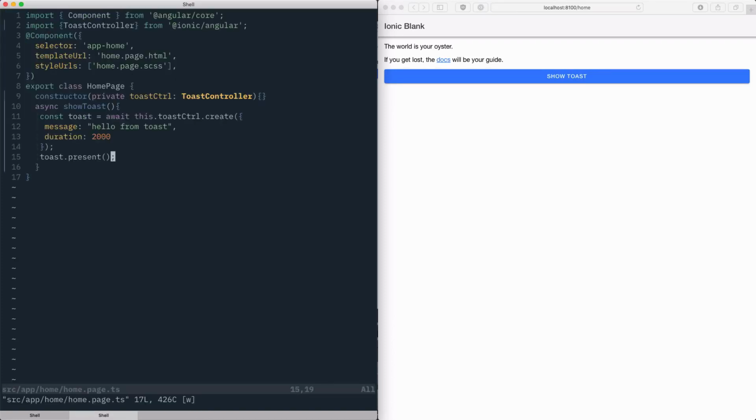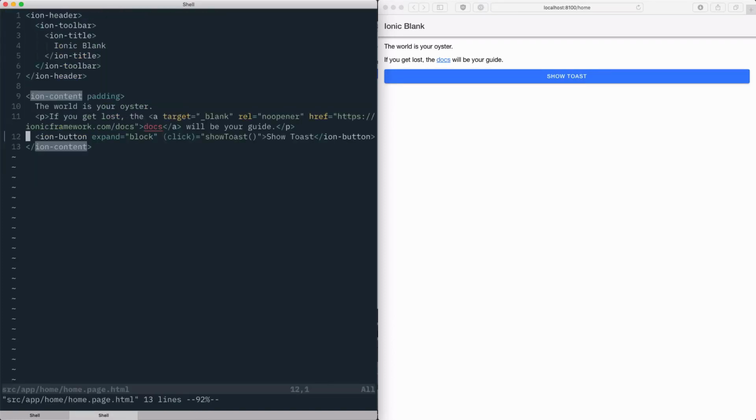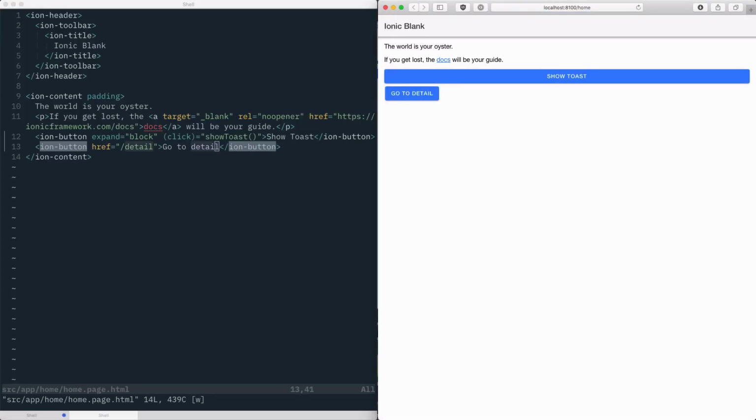Back in our app, we can go over to the component itself, and inside the component, we can create a new ion-button. And instead of attaching a click handler, we're going to create an href and set the URL to detail. When we save the file, and then go to the new page,